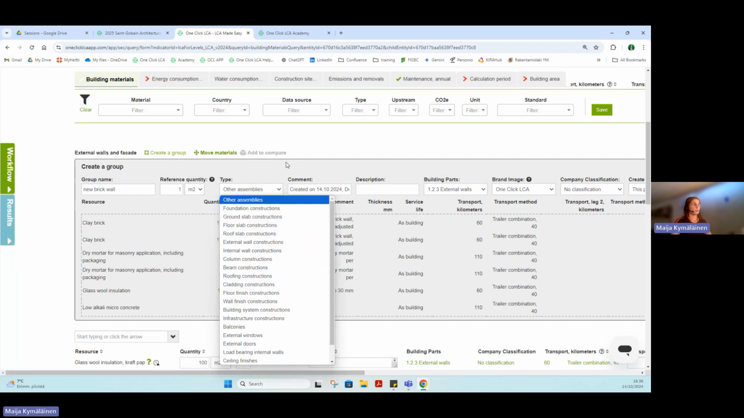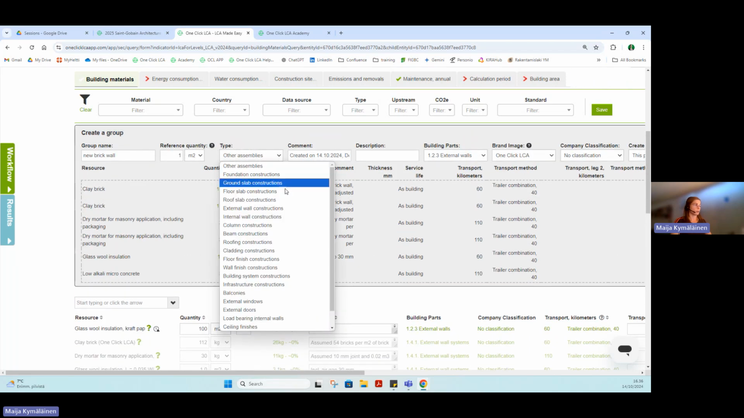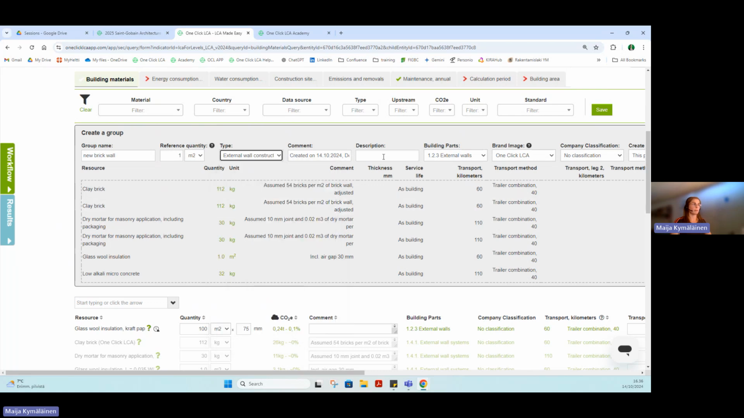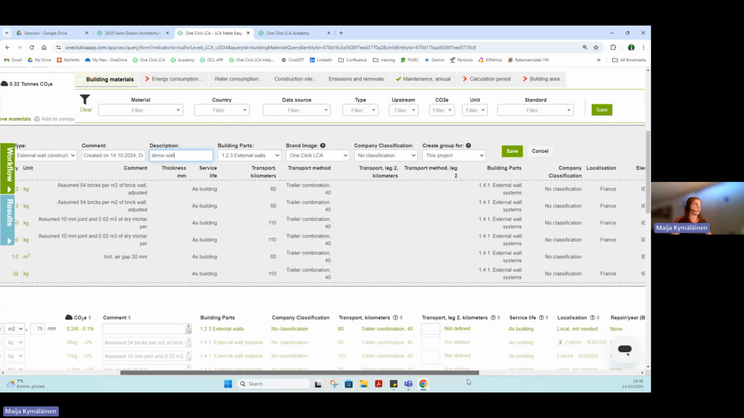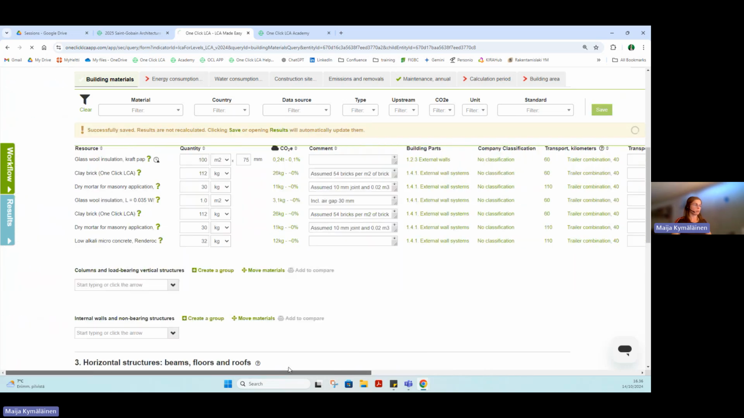You can assign it a type. This one is actually an external wall construction. You can create a description. You can assign the building part if it's not assigned already. Here it assigned it already. And you can also create the group for, well, you can only create it for this project. I have a company account, so I can also save it for everybody in my company to use. But I think that here you need to choose only this project. And then once you save it,